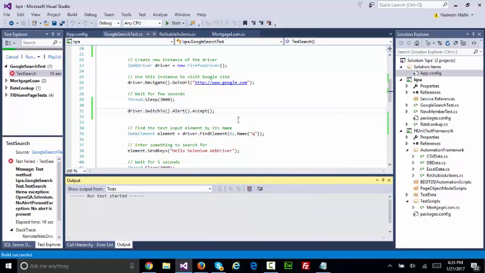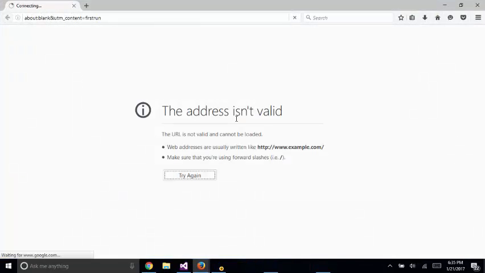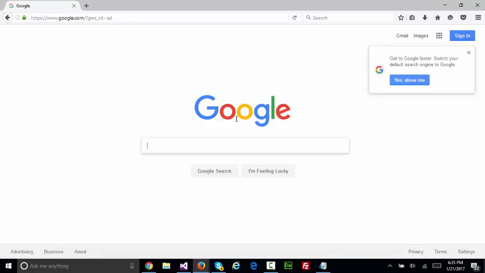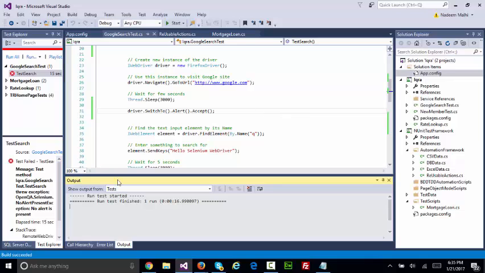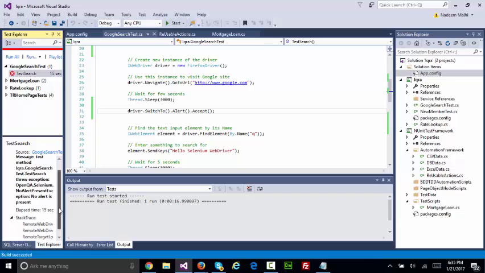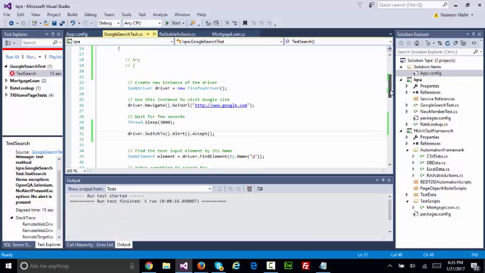So let's run it and see. It's going to open the browser, and when it reaches this point, the test case is going to fail and it's not going to proceed any further, and it will not close the browser, which is one of the last statements for this code. So if we close the browser manually and see that this test case had failed, the error is